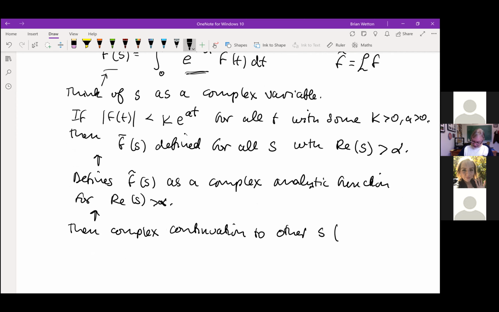Okay, and of course there will be possible singularities, poles, and branch lines. Okay, so Math400 stuff. Okay, so